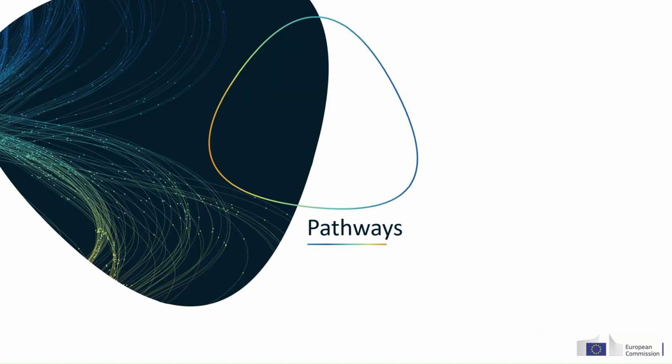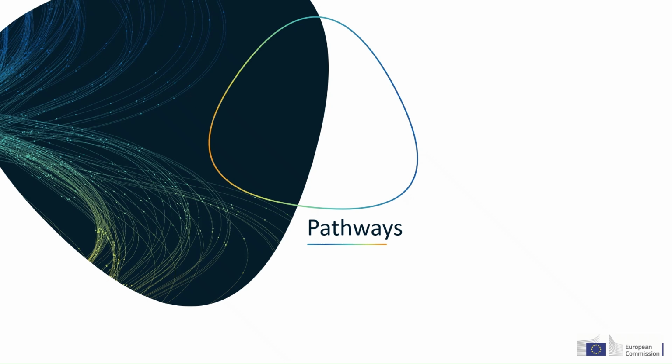So the pathways we talked about are the operational core of the guidelines. Each pathway translates a legal provision of the Interoperable Europe Act into a practical situation that public organizations may face. The pathways are not intended to be a rigid checklist.